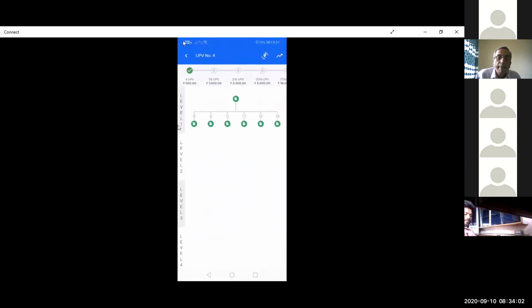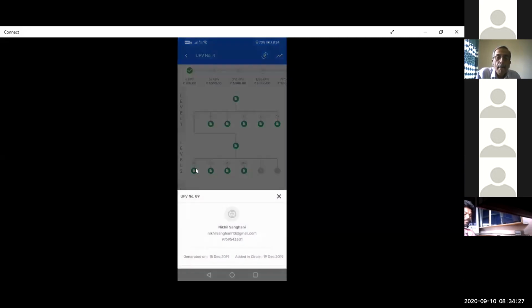So if I want to see the further tree of the UPVs which have been tagged under my UPV, I'll just click on any of these UPVs. The first UPV, right? So I would be able to see the number of UPVs tagged under this UPV. Now, if I just want to see whose UPV this is or the details of this UPV, I'll just long press on this icon.